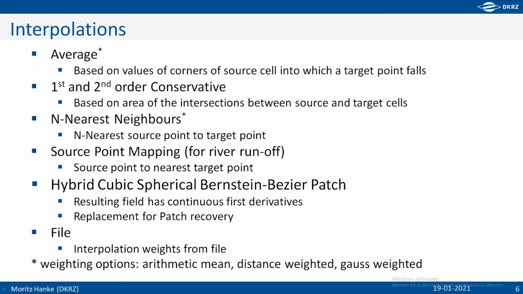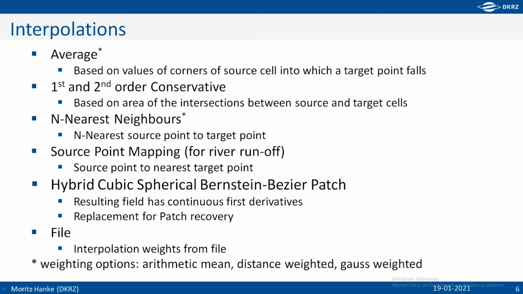Then we have a first and second order conservative interpolation, an n-nearest neighbor interpolation, and for the n-nearest neighbor and the average, we have various weighting options. That means an arithmetic mean, distance weighted, Gauss weighted, and yeah. In addition, we have a method we call source point mapping, which is used within Icon to do the river